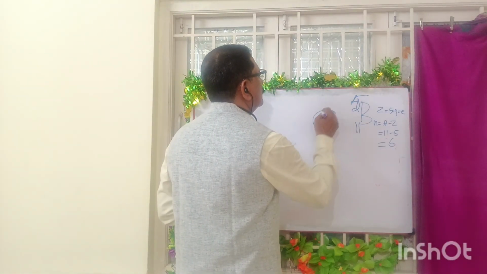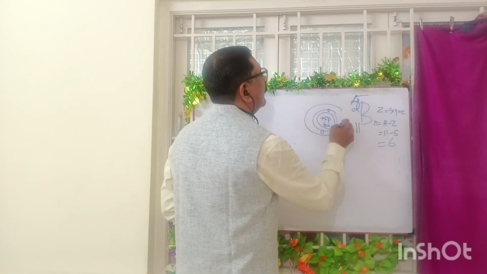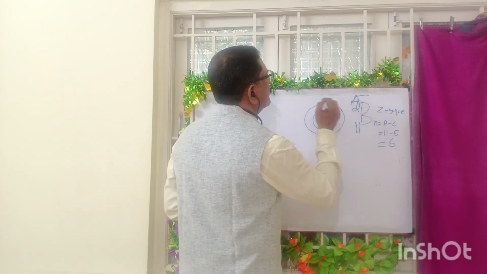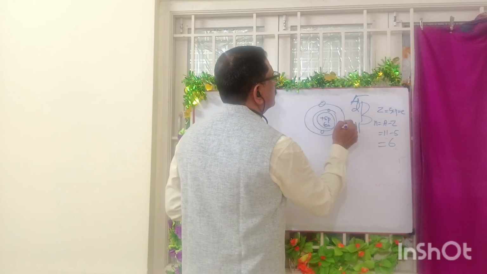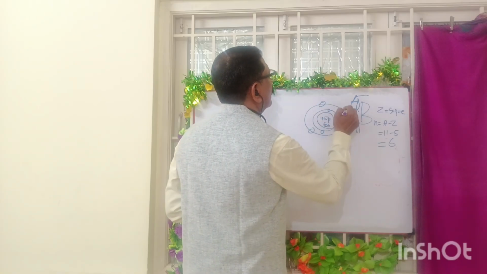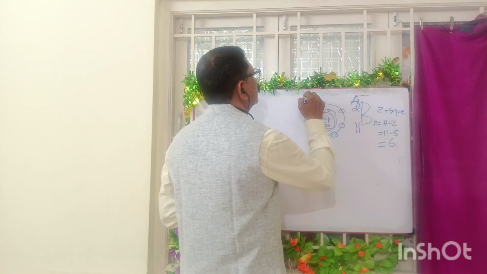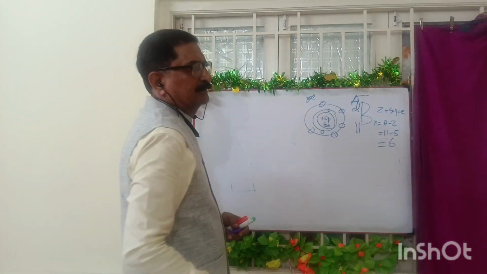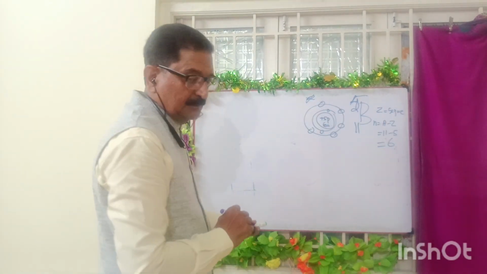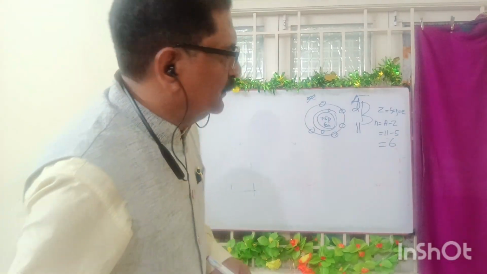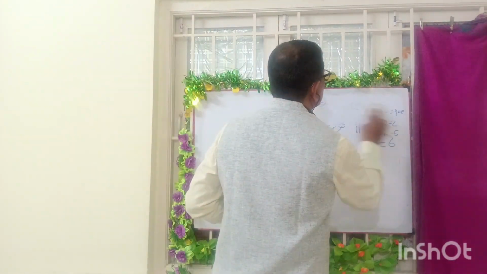First orbit 2, second orbit you have to fill 1, 2, 3, 4, 5 electrons. Only 5 electrons are present. So the elements in the third group will have